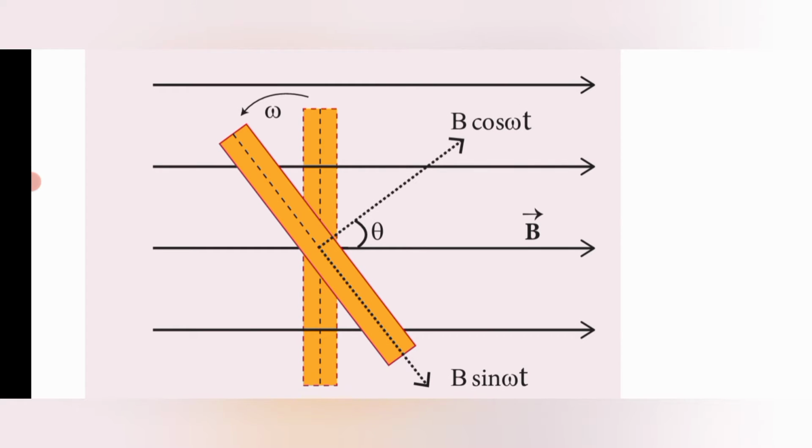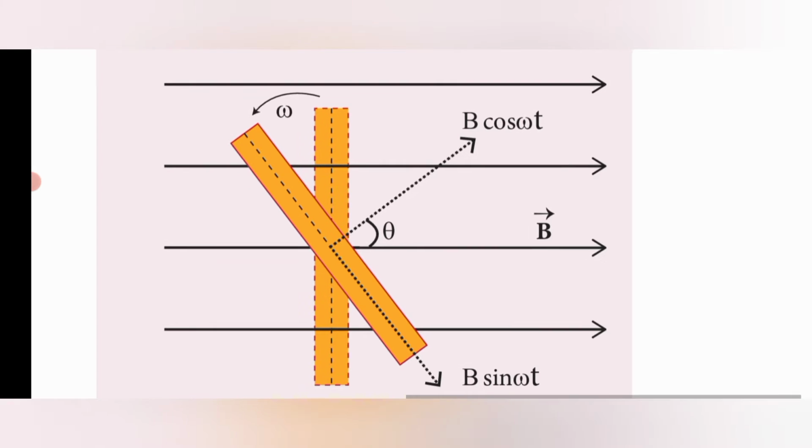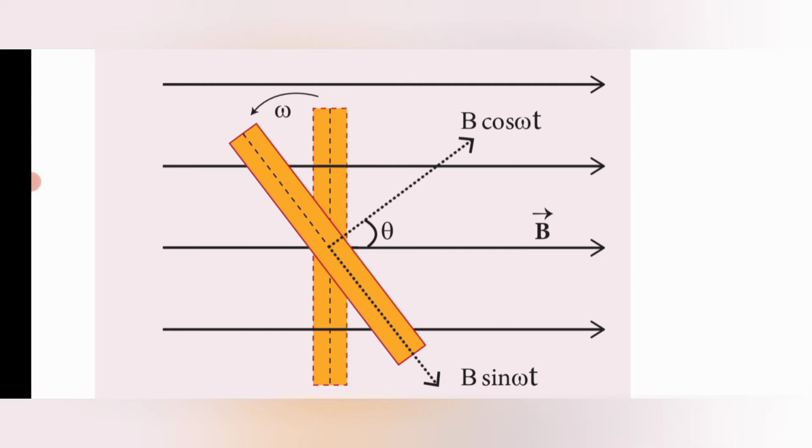The yellow rectangular coil at the center is also placed there with N turns. When it is kept in the uniform magnetic field, it suddenly experiences a torque and rotates in the anticlockwise direction with angular velocity omega. We also have to find the resultant value, and that can be split into two components.